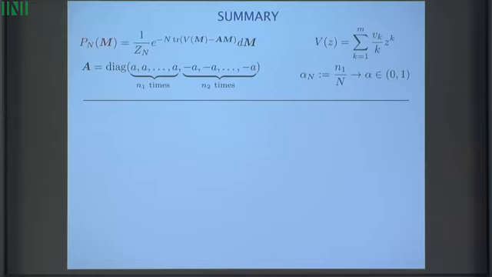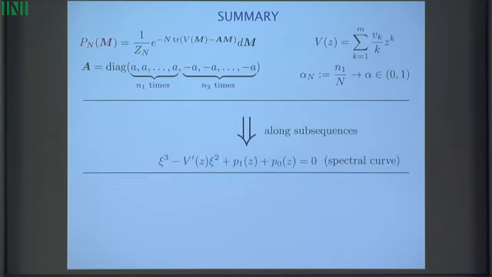So what we did is the following. The original motivation was this model that has all these components here. You have a probability distribution on the set of random Hermitian matrices with an external field, where the external field is given by a matrix with only two eigenvalues, with certain proportions n1 and n2, and you make everything go to infinity, the size of the matrices and all the proportions, in such a way that this proportion has a limit, alpha. So the main parameters of the problem are your potential V that appears here, the proportion alpha, and obviously the positions of a and negative a. So what we proved is the following.